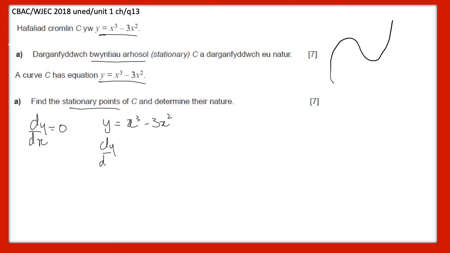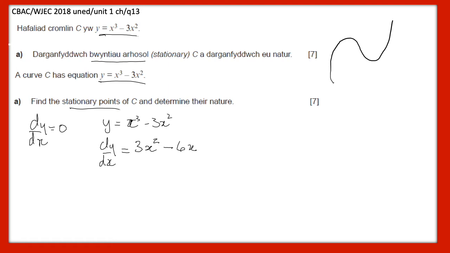So most people apply Wallace's rule at this stage. Interesting person, Wallace. He was the king's cryptographer. He was their spy master, and he was good at making codes. So Wallace's rule is multiply by the power, bring the power down by 1. And we'll talk a little bit further about why that's the case in a minute. And I can do it for each term independently, so multiply by 3, bring the power down by 1 gives me 3x squared for the x cubed term, and minus 6x